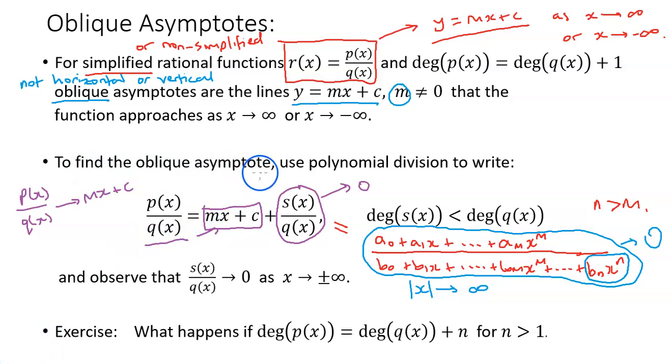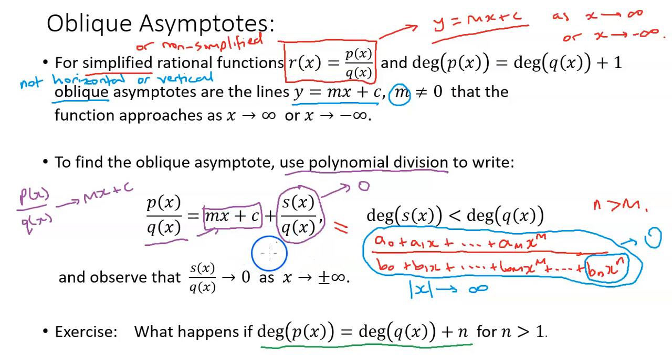So, how do you find oblique asymptotes? Use polynomial division. Now, a little exercise at the bottom here. What happens if the degree of p of x is equal to the degree of q of x plus n, where n is bigger than 1? So you should pause the video and have a think about that. Well, if the degree of p of x is equal to the degree of q of x plus n, where n is bigger than 1,